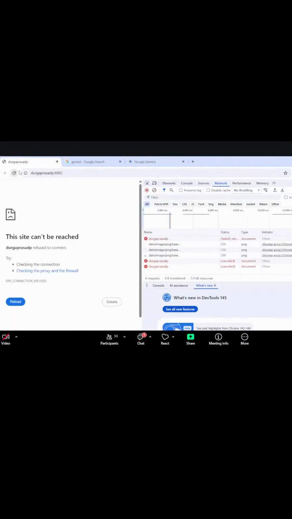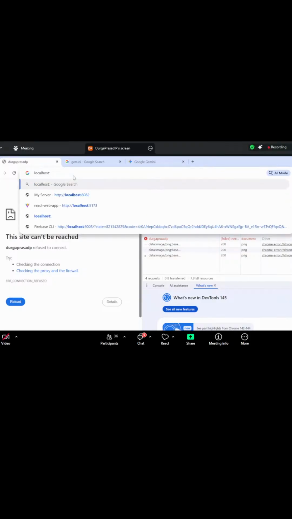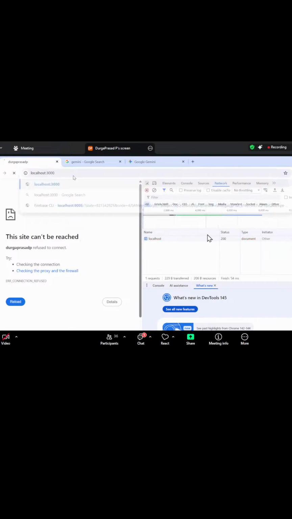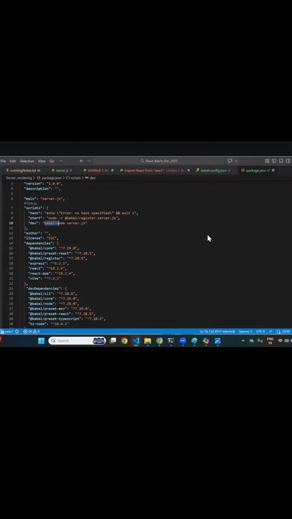Okay, so now, which port is it running? 3000. Cool. Okay, so these are the dev dependencies. So instead of directly running this, we are running